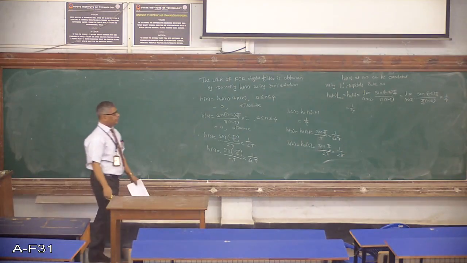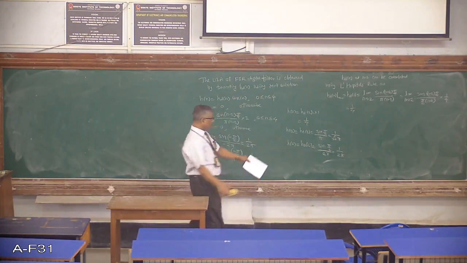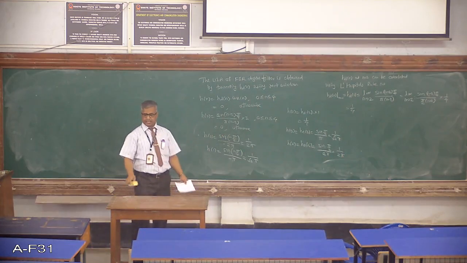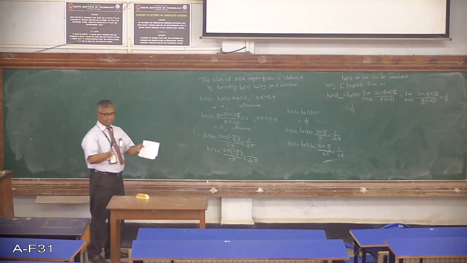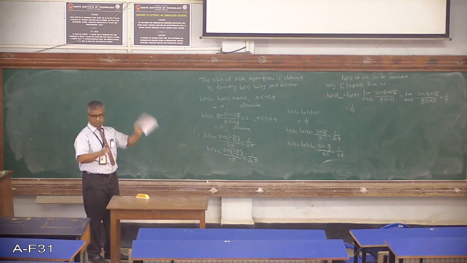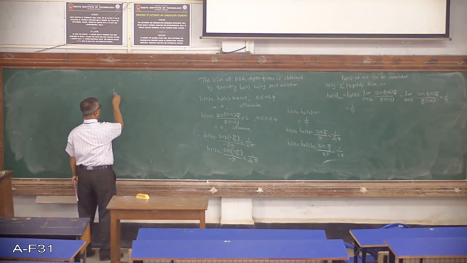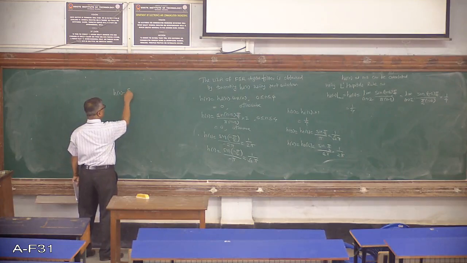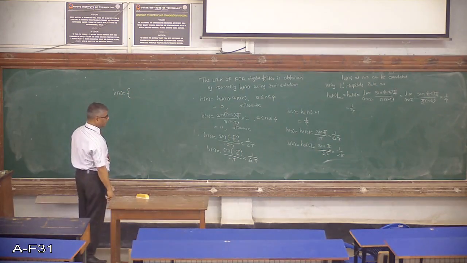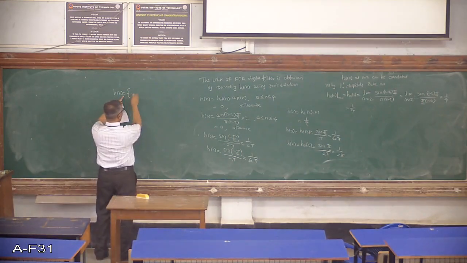So let us proceed to that last step now. Once you calculate all these filter coefficients, it is better that you express these filter coefficients in the form of a sequence. In the previous problem I did not do that, but it is better. The impulse response coefficients of the FIR digital filter are: h of 0 will be 1 upon 2 pi. You can put an arrow here.